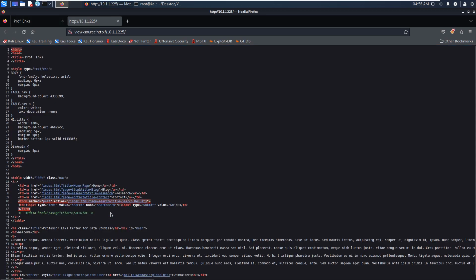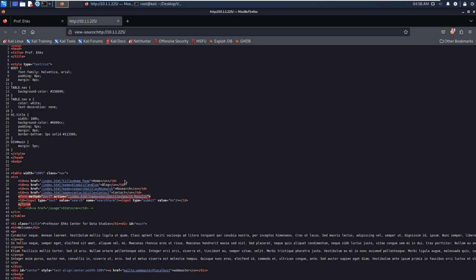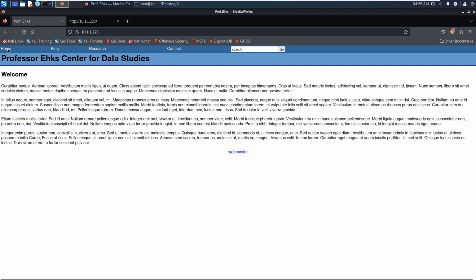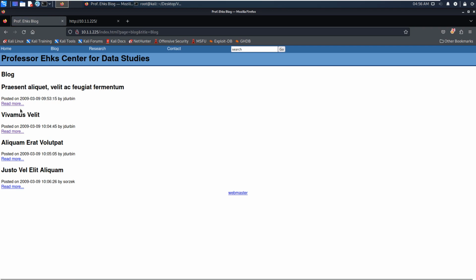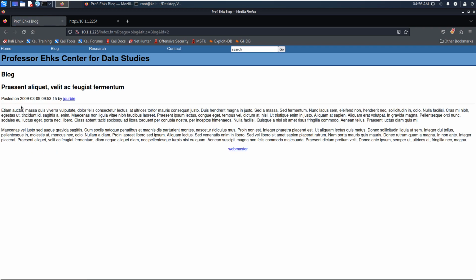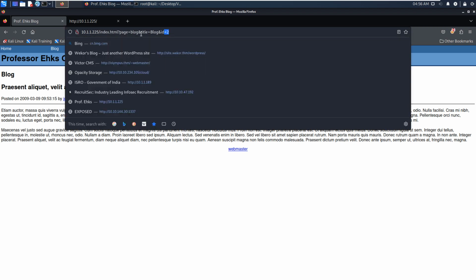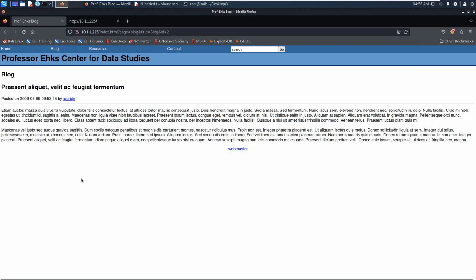Similarly, we can check the source code of this page, which doesn't reveal anything important. And we can click some links like home or blog. In the blog, there are some posts. We can read more. From the pattern, we can guess that maybe this URL has an SQL injection vulnerability. Later, we can use the sqlmap utility to test this. But for now, we just copy this URL and note it down in our notebook,